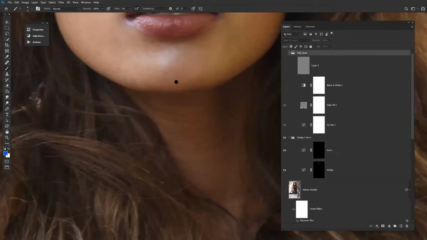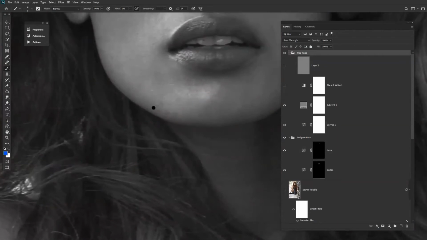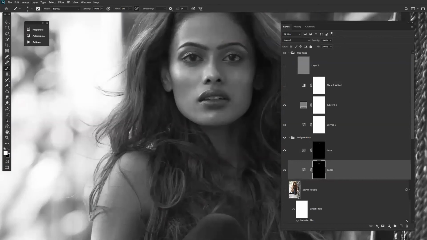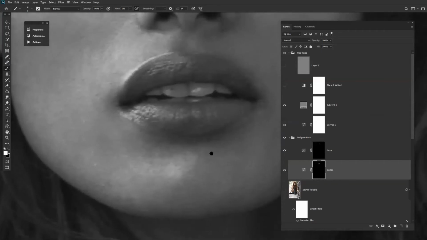So now let's continue. We will go with this area of dodging and burning. You can see over here. Sorry, one more question, please. Yes, sir. Indian models, compared to the foreign models, their lips are cracked, right? And while shooting, we get these small white patches on the lips. So do you think we should work on the lips and the cracks to get a smoother result? Yeah, we can work on it.